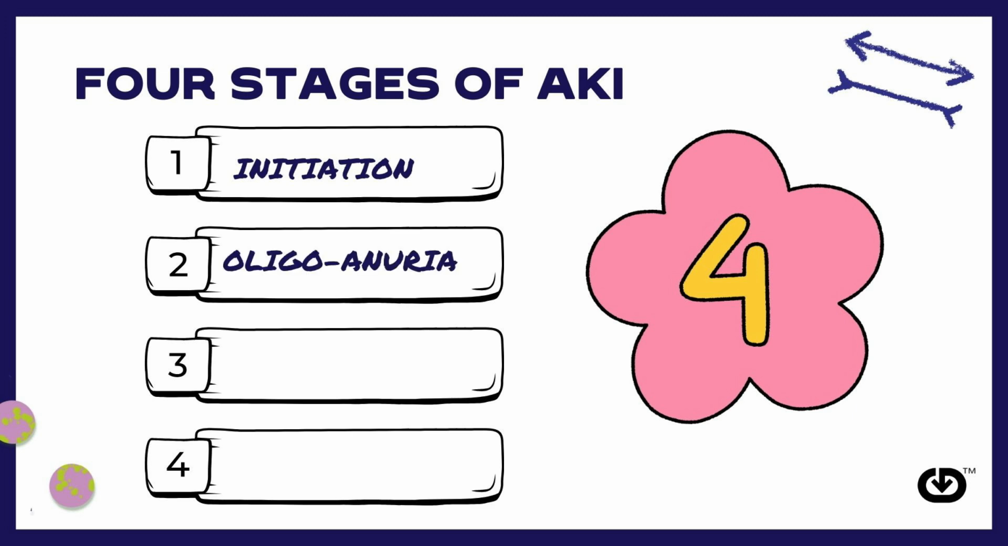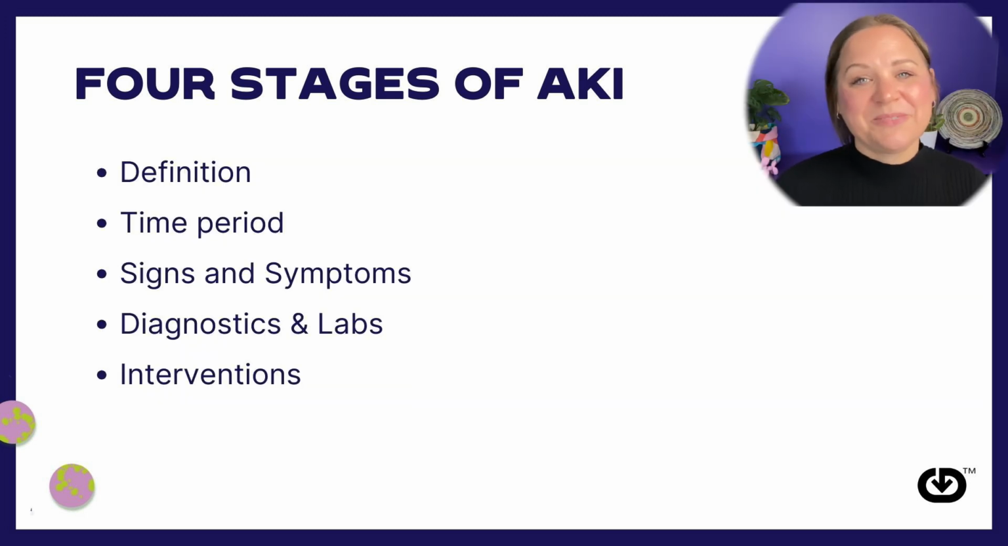The second is oligoanuria, meaning little to no urine. The third is polyuria. It's the opposite. There's way too much urine. And then finally is the recovery. For each of these stages, we're going to talk about the definition, the time period, signs and symptoms, diagnostics and